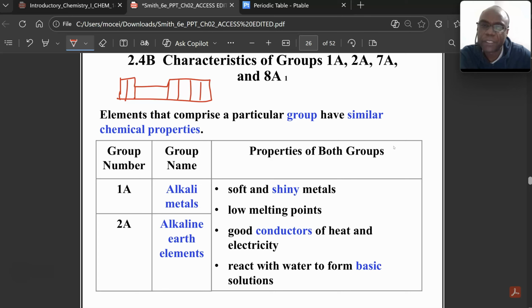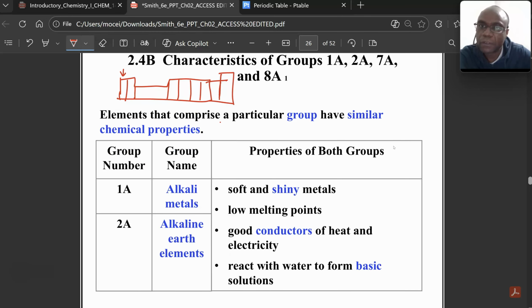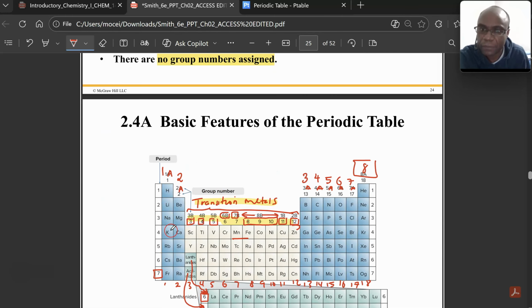the periods. Now, I don't know how I'm going to sketch this, but my main focus is this. So this column and this column, 1A and 2A, they are tall, so those are main group elements. So group 1A, they are called alkali metals, and group 2A, they are called alkaline earth metals. Alkali metals will include lithium, sodium, potassium, as you see them here. Lithium, sodium, potassium, although hydrogen is sneaked in there,